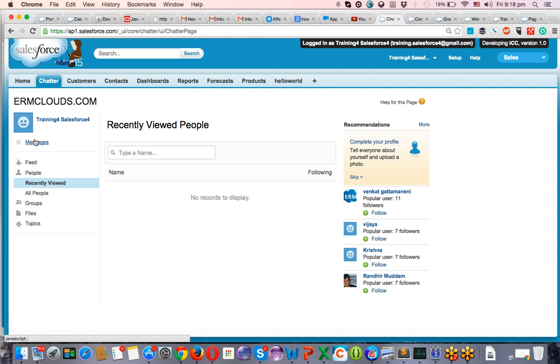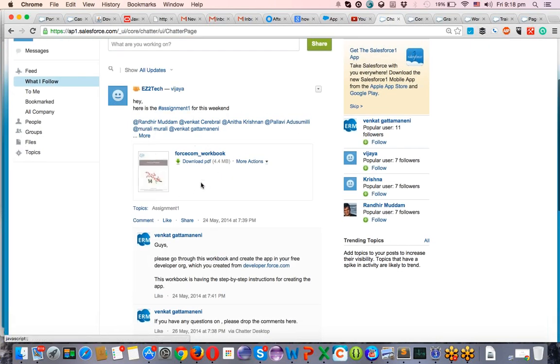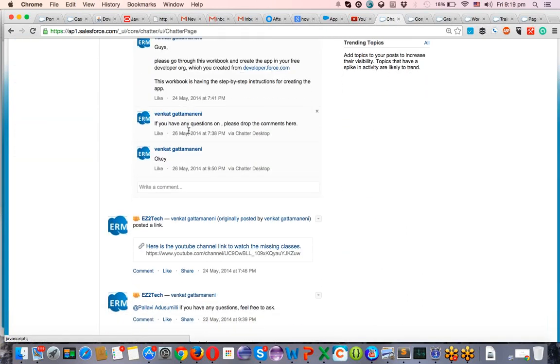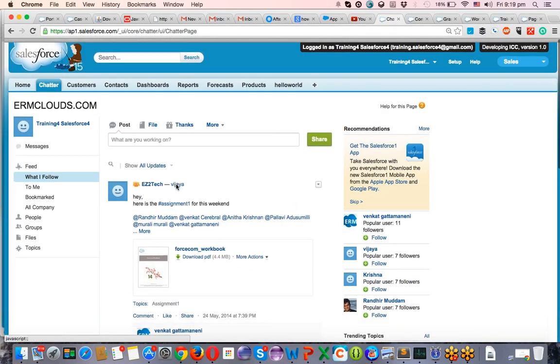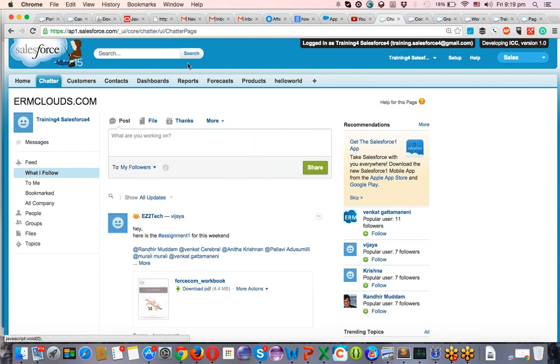So you can follow people, or you can use the feed similar to Facebook way. You can post documents, you can post requirement documents, you can get separate groups for your project, your R&D team, your ID, different things. You can even share reports and dashboards also. You can even share files, post polls. You can take feedback. You can give thanks to some other person. This is the work.com feature, which is linked here. That's why you can use it.